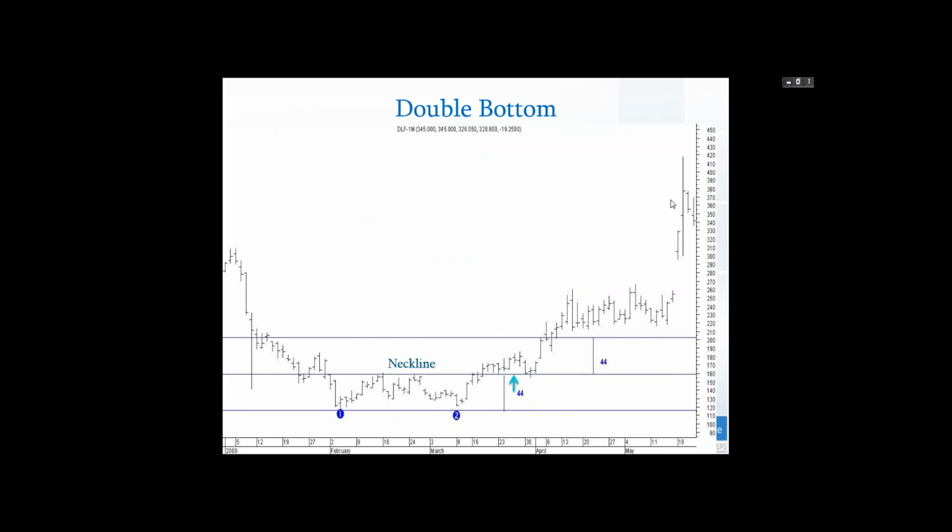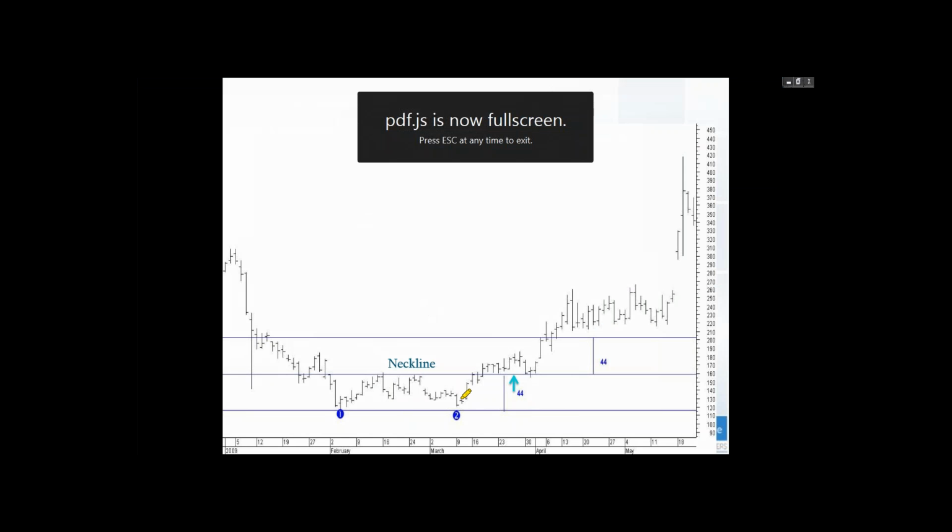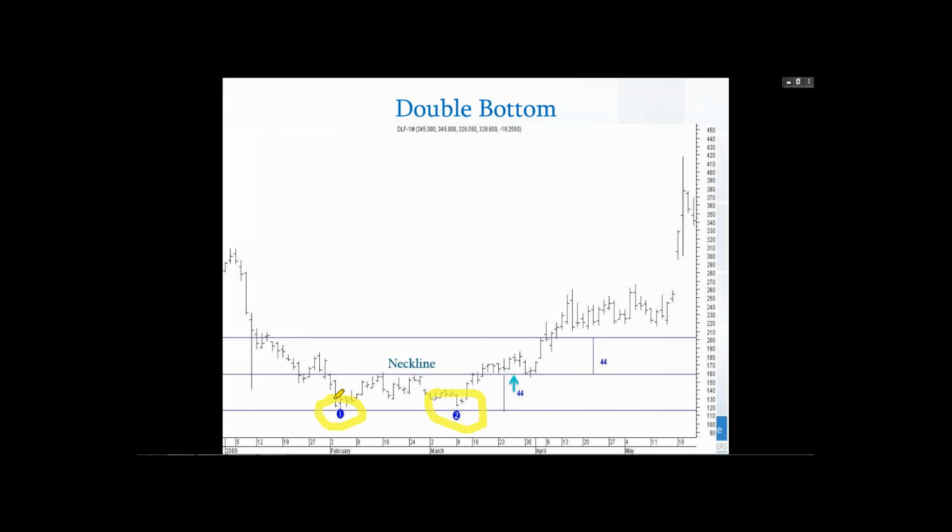As you can see in this particular chart, I marked two different bottoms. This is the second and this is the first bottom. The stock gave a breakout and it moved handsomely from the breakout. It gave a breakout somewhere at 160 rupees and made a high of somewhere 420 rupees, so almost double the price. So this is how effective the double bottom formation or the double top formation is in your day-to-day